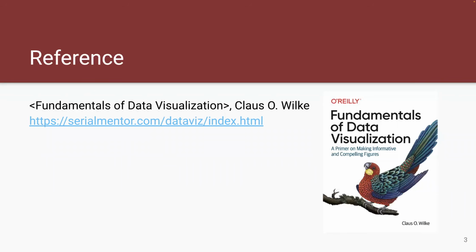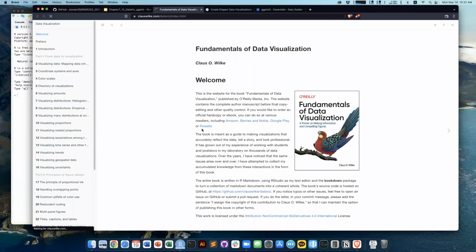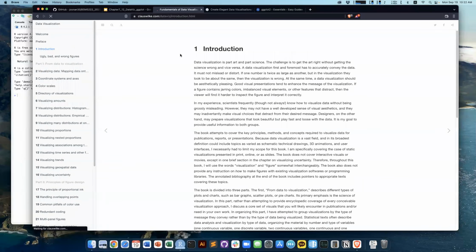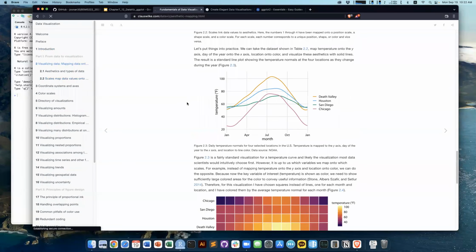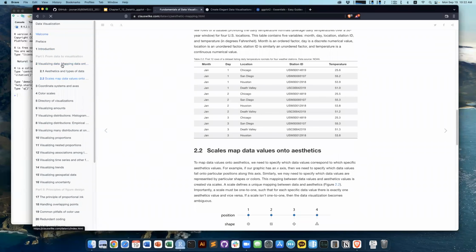Before we move on to data visualization, here is a good reference you might want to have. This is the book by Claus Wilke, Fundamentals of Data Visualization. If you click this, the book is written in bookdown, so you don't have to buy it. You can just click and go through the introductions and the code practice. I found this book quite useful because it is a quite recent summary of how we use ggplot2